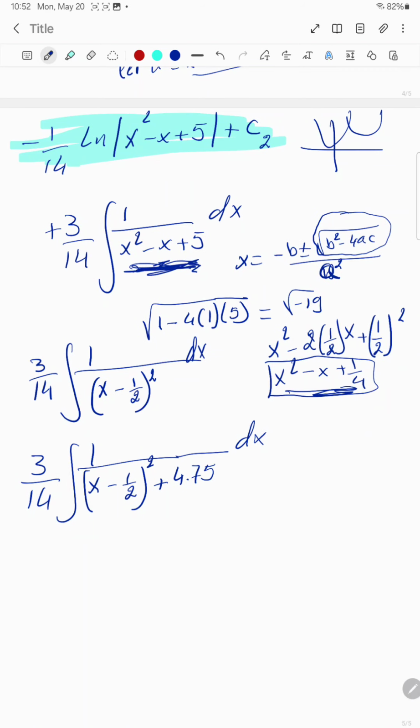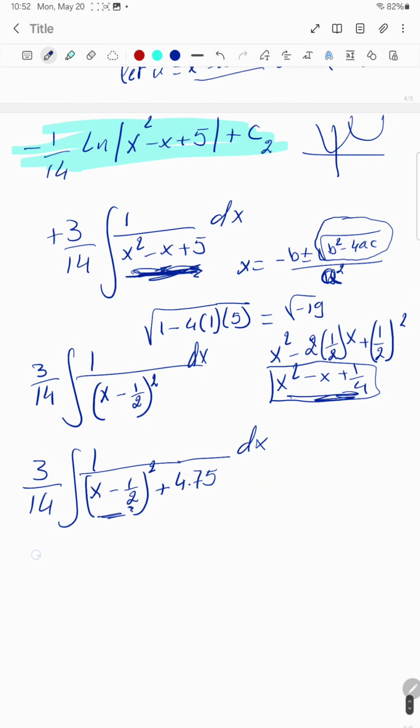When you cannot factor a quadratic equation out, the first thing that you think about is make it a perfect square. So here, this divided by 2 is bothering me. Let's develop that fraction inside the parentheses here. So it becomes 3 over 14 integral of 1 divided by (2x minus 1 divided by 2), because I multiplied by 2 here and I multiplied by 2 here. It becomes (2x minus 1) divided by 2, squared